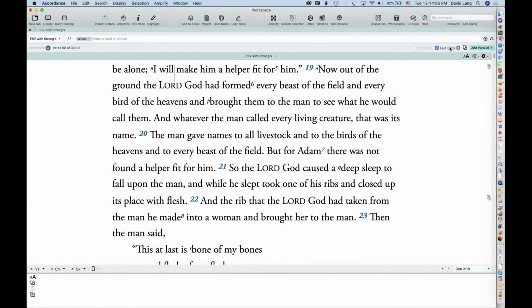I'm going to turn on the live click, and well, before I do that, with the Hebrew, the lexical form that is represented by that Strong's number becomes a link to that Hebrew word. So I can go from the English text to all kinds of Hebrew resources in accordance.